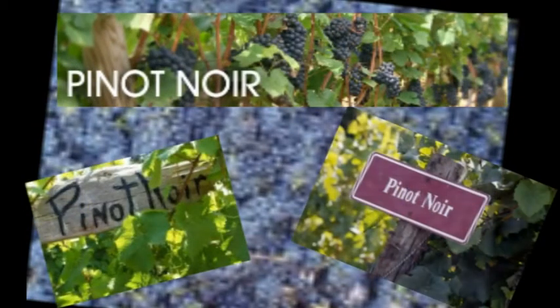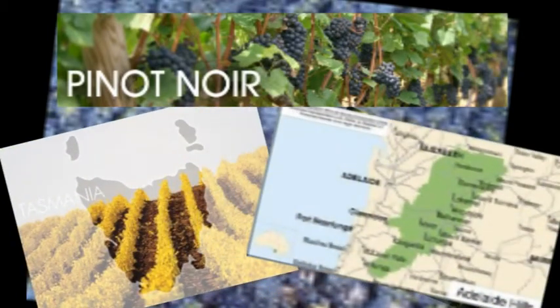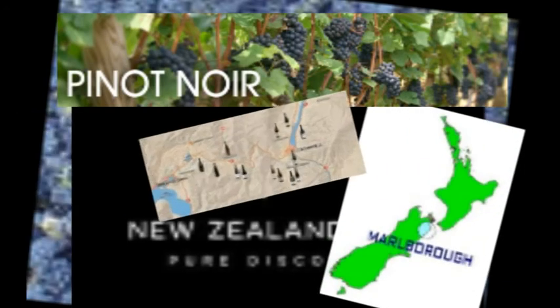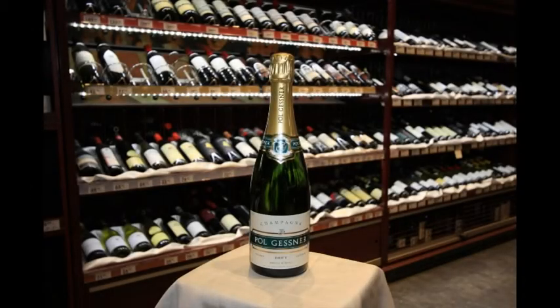I've got 14 wines to taste today, and most of them Pinot Noirs. I've got Pinot Noirs from Tasmania, Pinot Noirs from Adelaide Hills, Pinot Noirs from the Yarra Valley, and Pinot Noirs from New Zealand, from Marlborough and from Central Otago. So let's get started. The first wine I've got here is a champagne from France, and this is a Paul